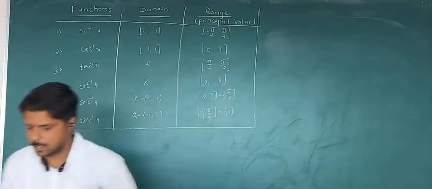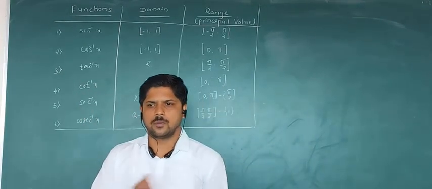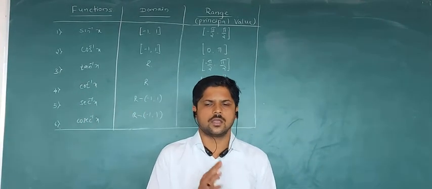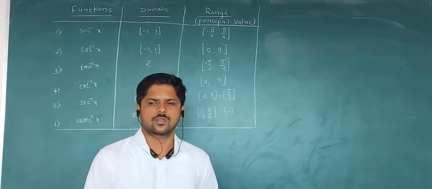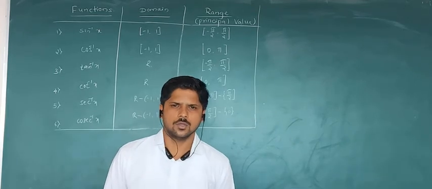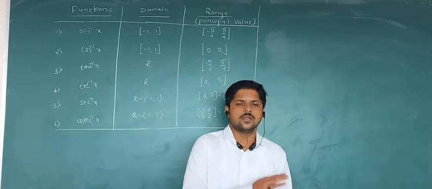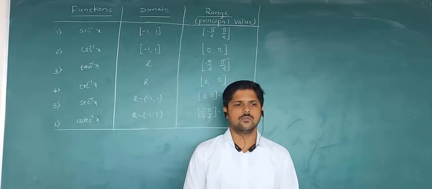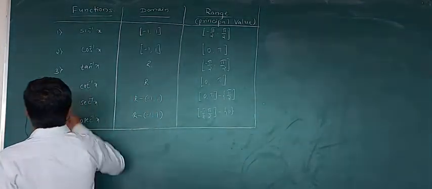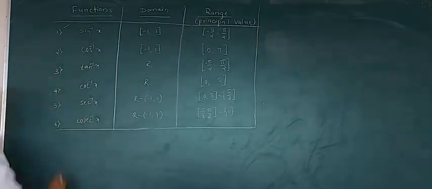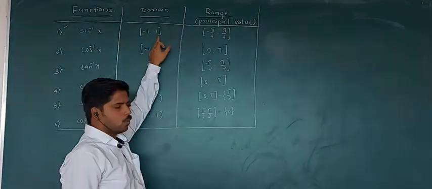Good morning students. Today we will continue inverse trigonometric functions. In the previous class we defined the inverse of the sine function and the inverse of the cosine function with their respective examples. In the same way we can define the remaining inverse trigonometric functions. So in the previous video we know that sine inverse of x, its domain is minus 1 comma 1